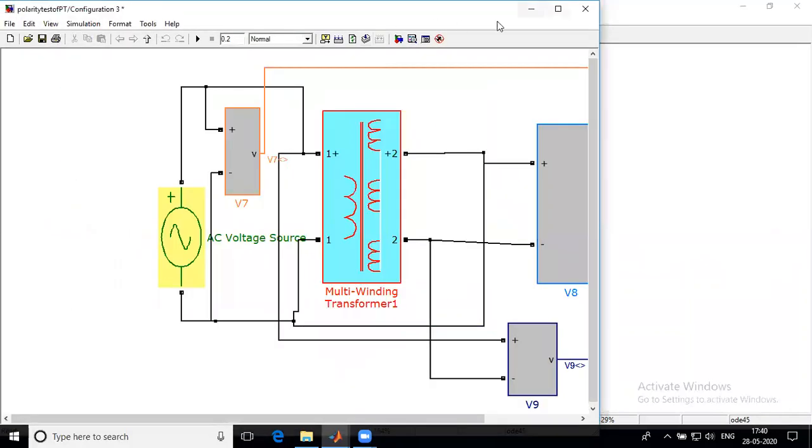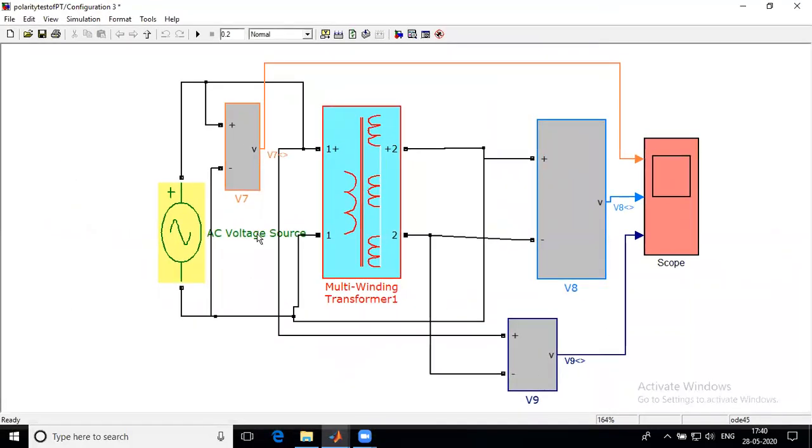Next, for this configuration, V7 shows the primary winding voltage, V8 shows the secondary winding voltage, and V9 is the test voltmeter. The test voltmeter is connected across S2 and P1, which means they are of different polarity.